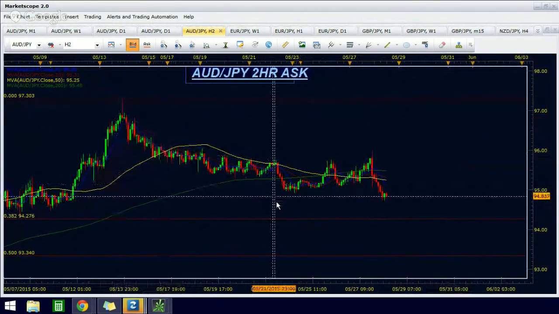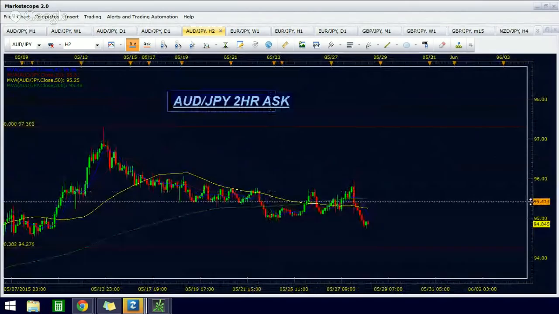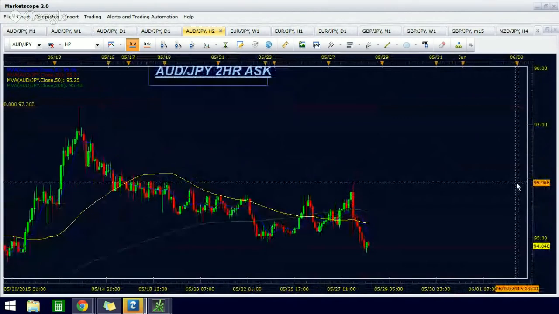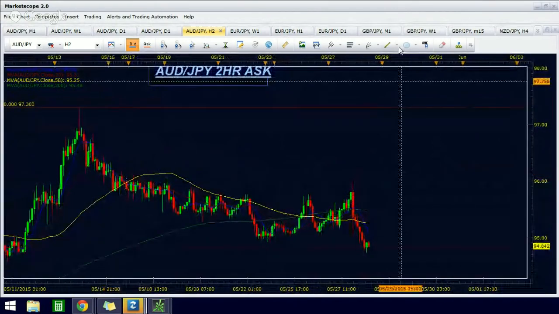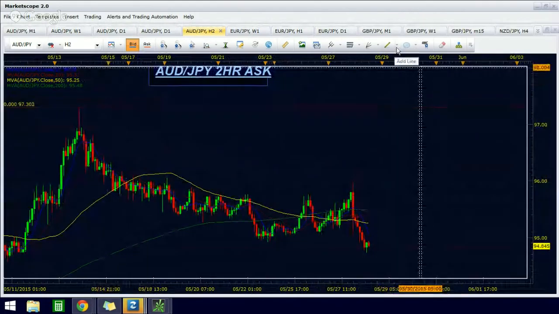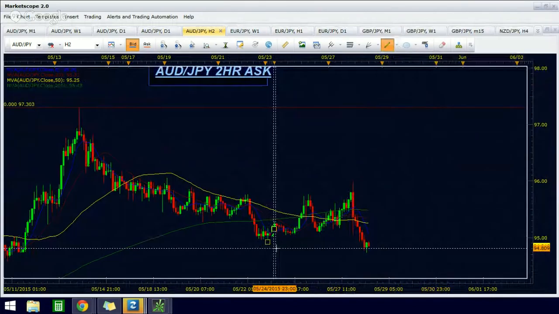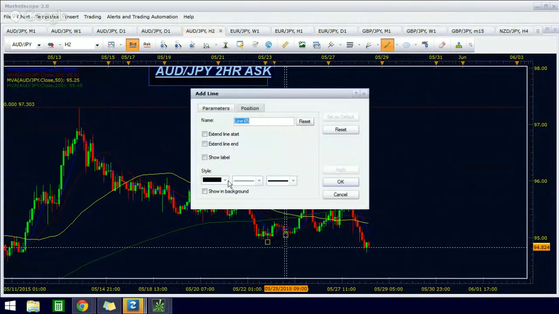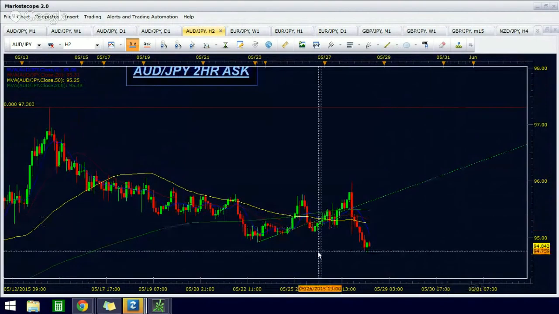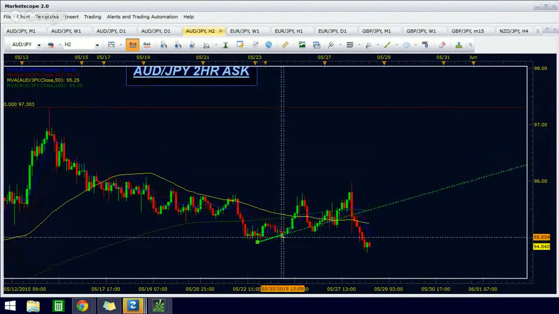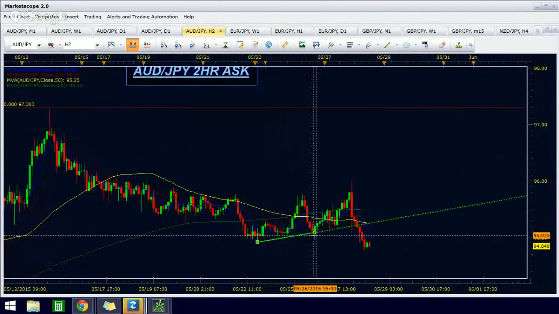Okay, so after this high, we're going to go ahead and look for swing lows just to draw some support lines. We have it on bid, so that is correct. Add line, high, low. I just go swing low to swing low just to see how that goes. No pun intended. I'm trying to go Drake on you guys. All right, so that's the next swing low. Now really to here,